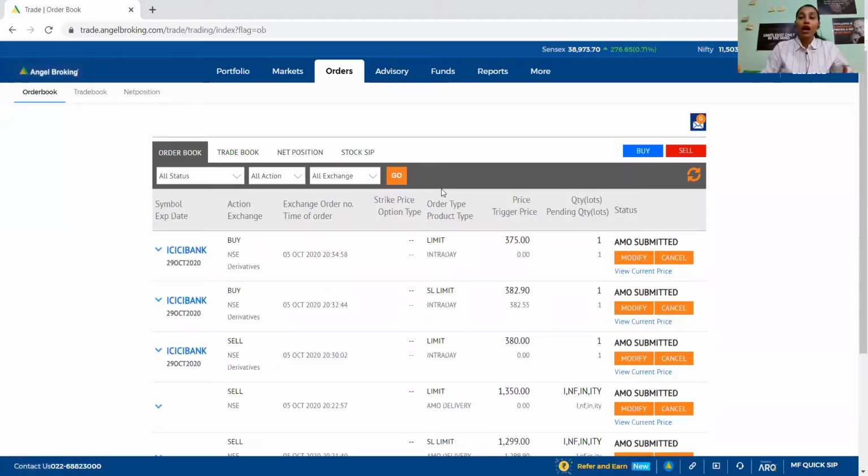I have just shown you how to actually do trading, like placing a trade in the market with the help of this Angel Broking Demat account. Anyways, you can use any Demat account. They have almost the same features, but there are some differences in some of them. You just need to figure it out.